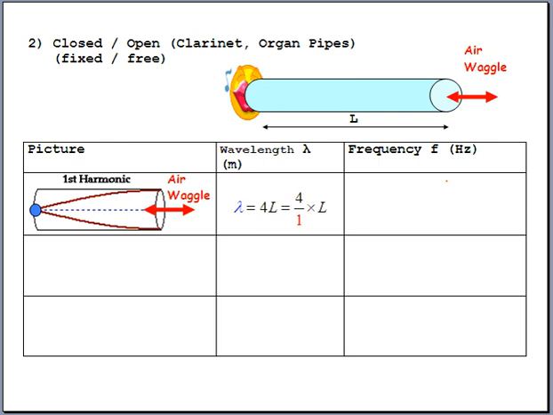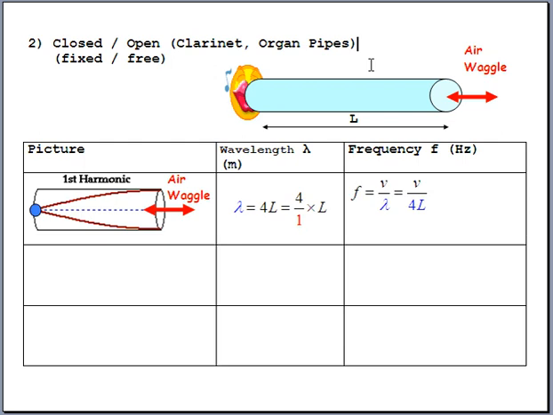The frequency? Well, for these instruments, you don't have to do this. In fact, you never do this. This was for guitars only, so forget that. We're just going to go with the speed of sound, which in room temperature is 343 meters per second. So in some sense, this is going to be a lot nicer than the guitar. And we're going to say, great, let's use the wave equation, V equals lambda F, right? We're using nothing but this, swinging it around for frequency, and we're going to go V on top of the